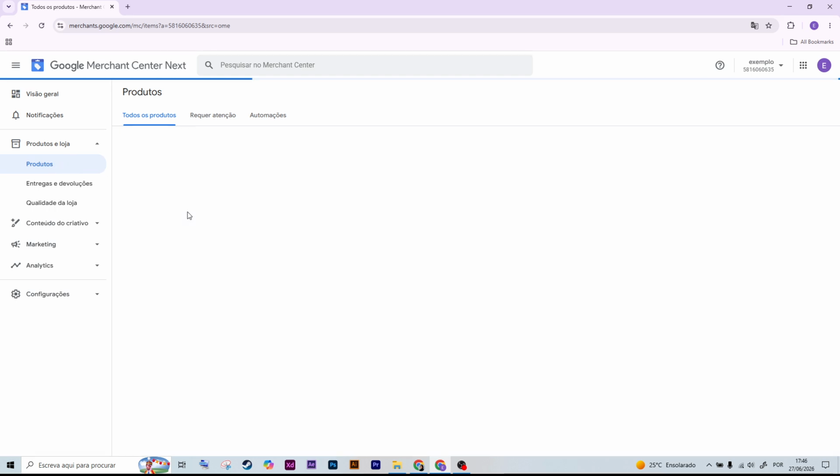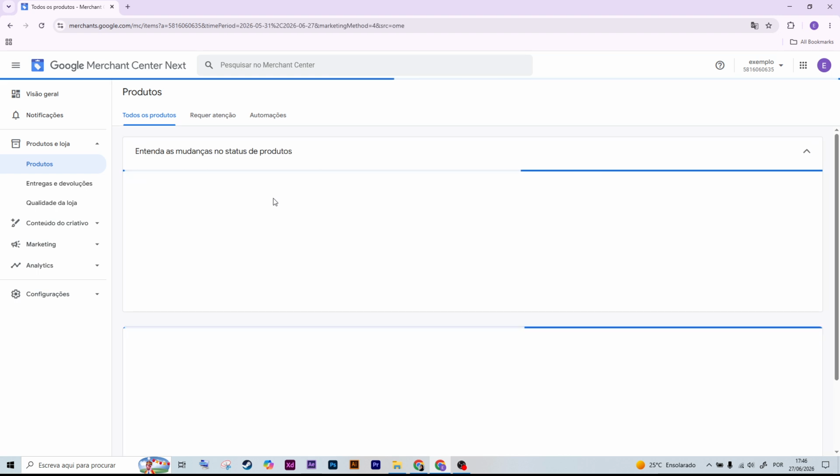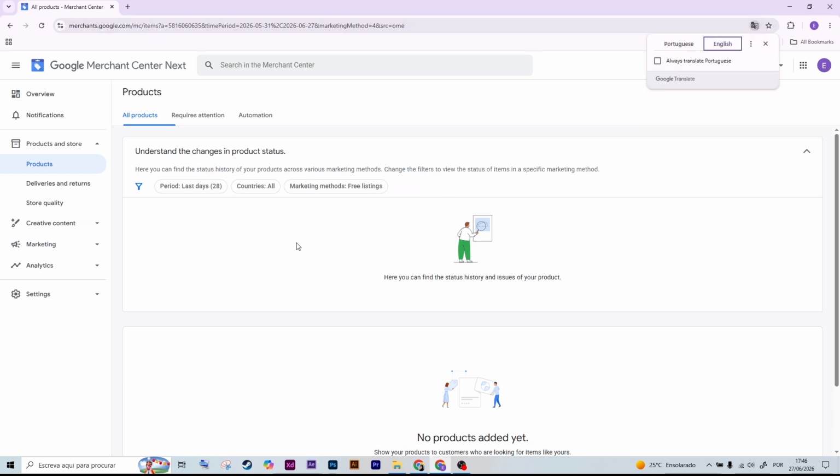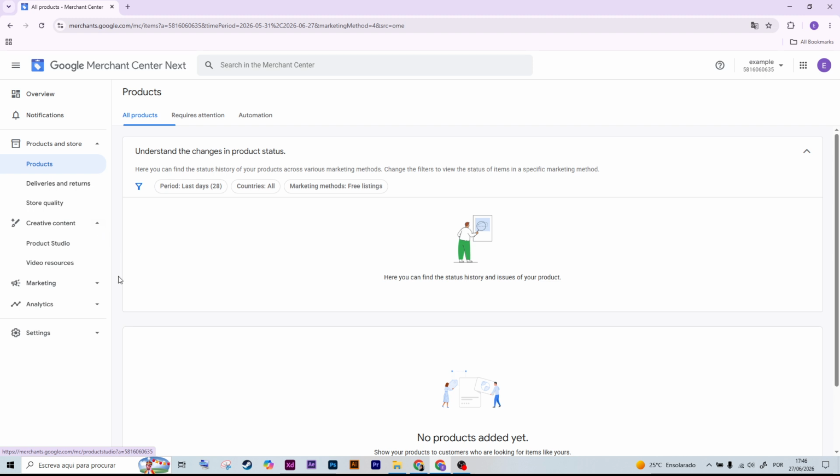Content API. Next, review your shipping and return policies under Shipping and Returns. Then configure your tax settings if they're required for your country. After your products have been imported, review the Needs Attention section to fix any product errors or warnings before your listings become eligible. Finally, link your Merchant Center account to Google Ads if you plan to run shopping campaigns or